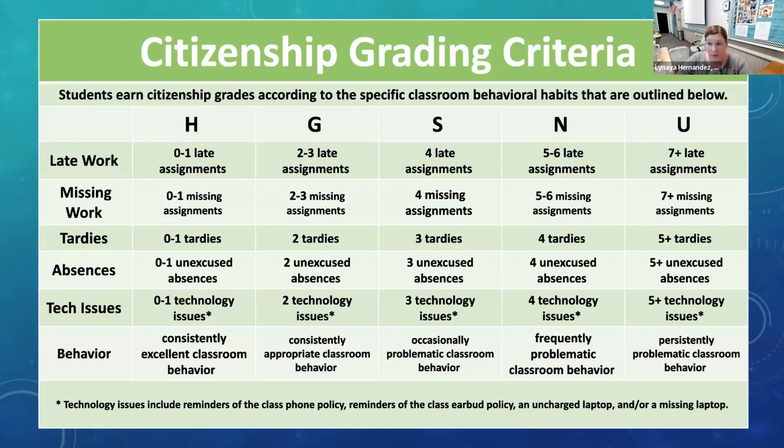But without any makeups and without any redos, here is the spread in terms of assignments. Your citizenship grade goes down with your habits, right? So keep your disclosure and just know that if you have 4 late assignments, you automatically have an S, right? If you have 4 unexcused absences, you automatically have an N, right? So there's a lot of things to think through, but there's a lot of ways that your citizenship grade can be lower. There's also a lot of ways, though, that you can improve your citizenship grade just by being a responsible and a nice person.